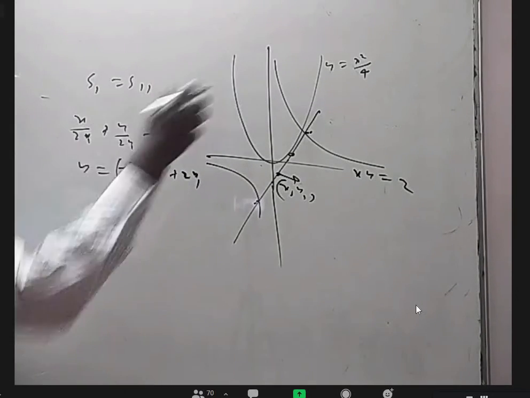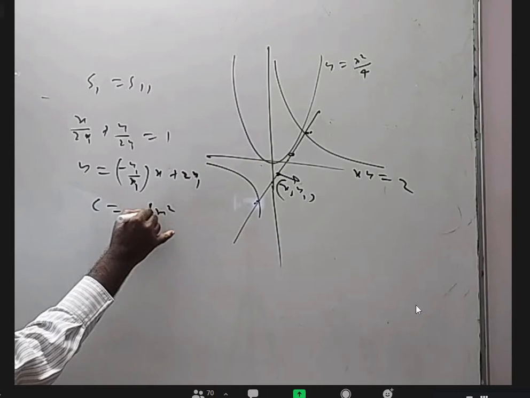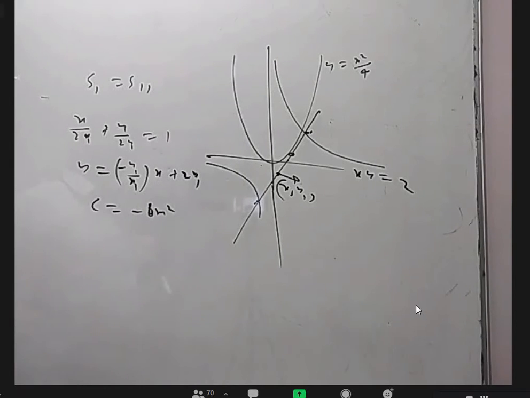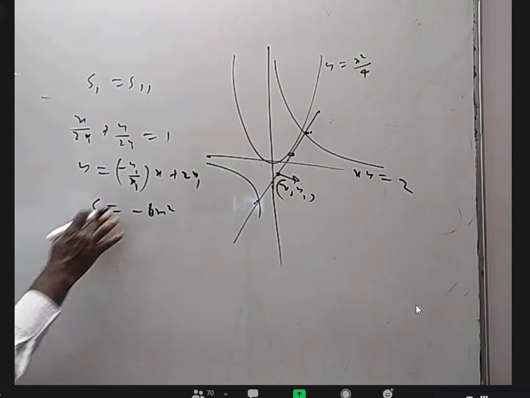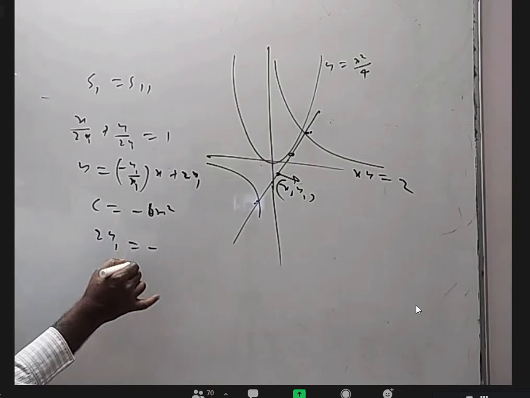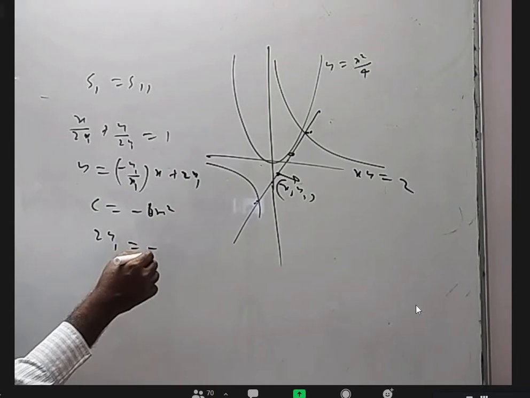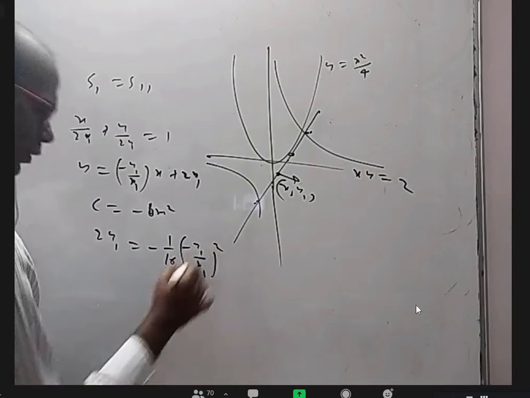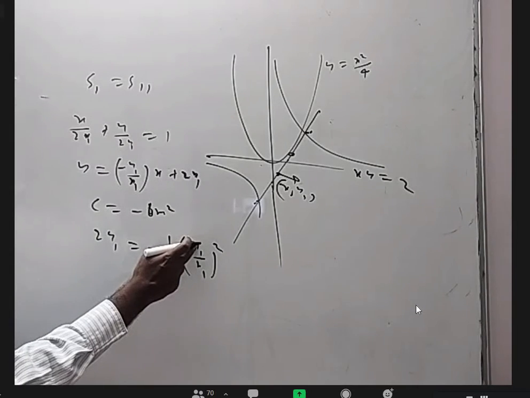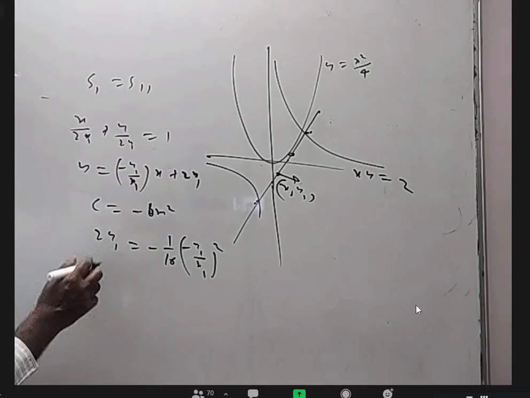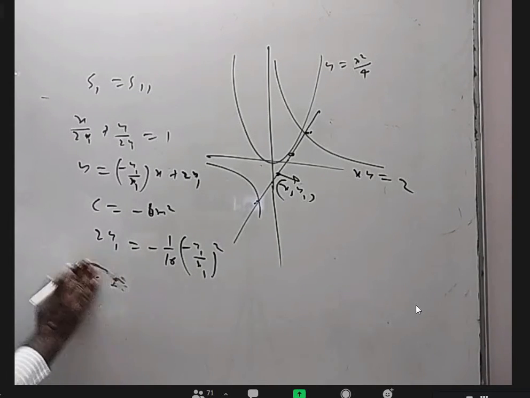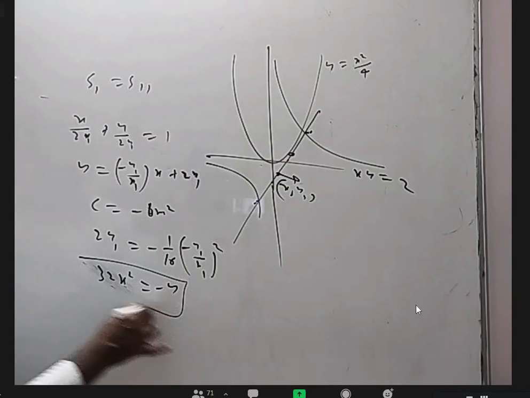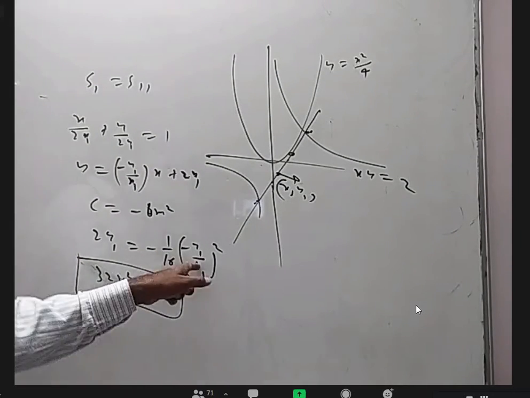For it to be tangent to this, if you remember the formula, it is c equal to minus bm square for x square equal to 4by. If you don't remember, we will substitute this one here and get a quadratic equation in x. C is 2y1, 4b is 1 by 4, so b is 1 by 16. M is minus y1 by x1, whole square. One y1 cancels, another y is left, minus is left. So I'll be getting 32x square is equal to minus y. So I'm getting a downward parabola like this.